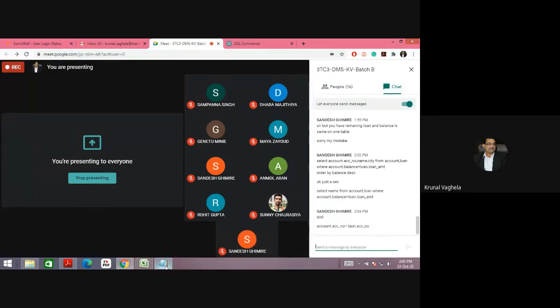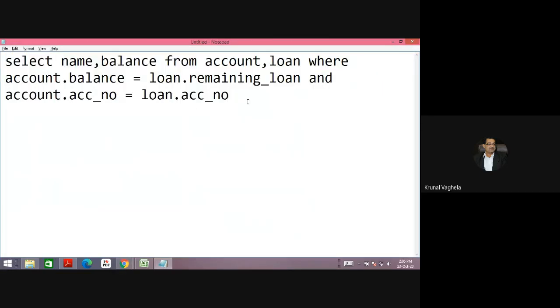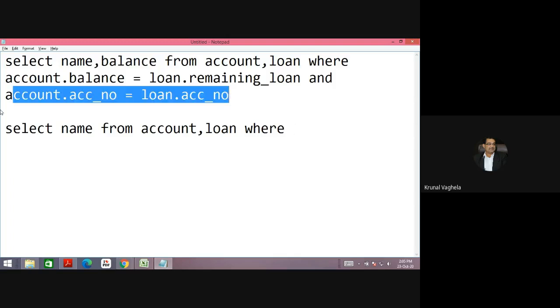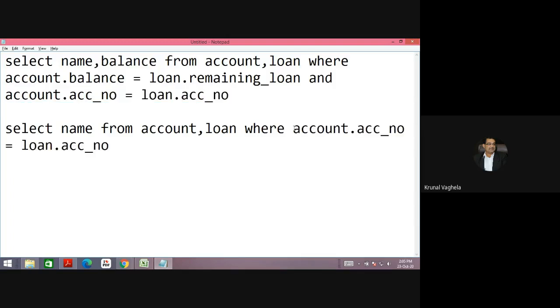Exactly. Right. So the right query is select, because we want only name, name from account comma loan where, see, you need to compare in every query.